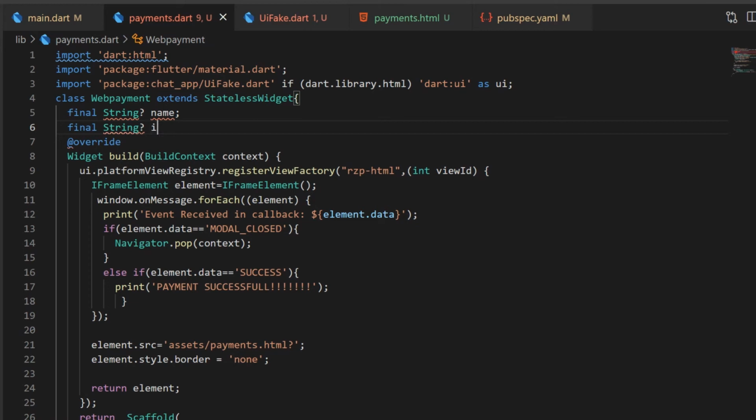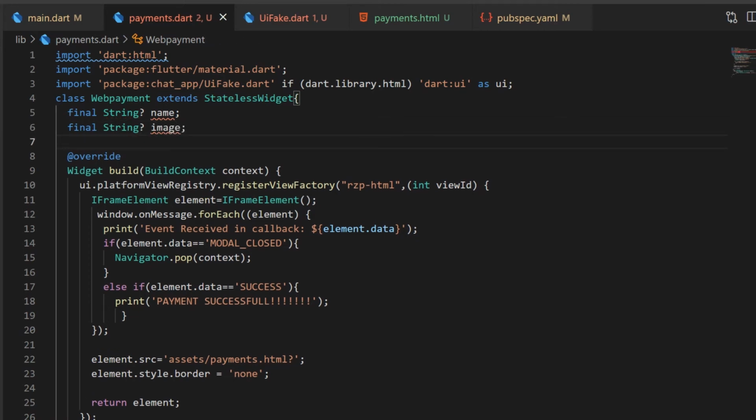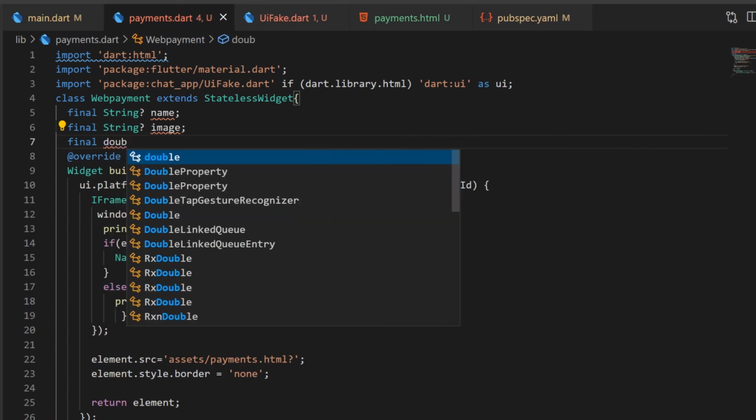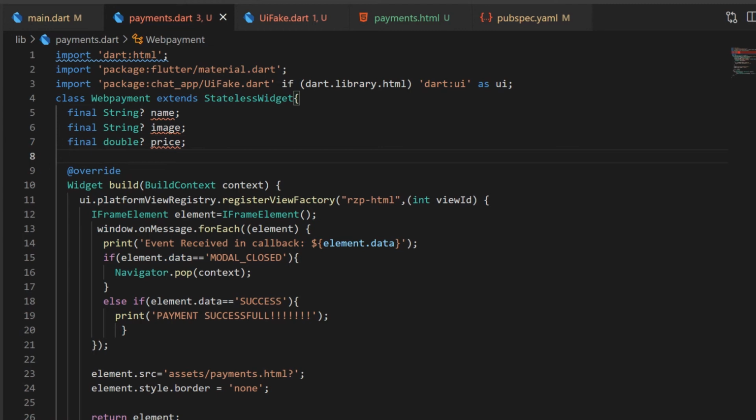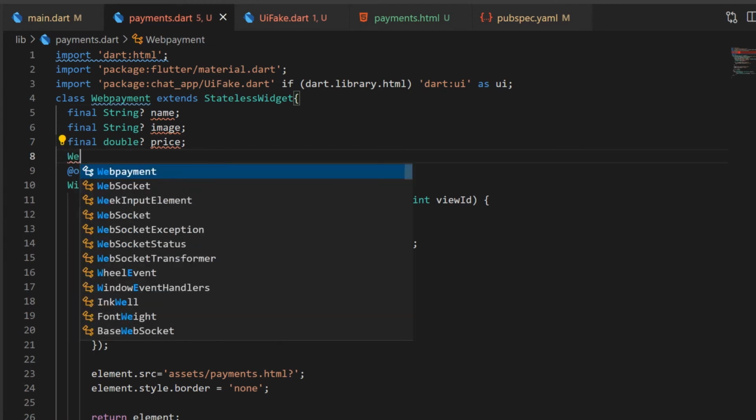If you want that image, then image, then final, that's a double or int variable. We will change it to a double variable. That's image, and this is the price. Okay, this is the price. Actually we are creating some constructors to get all those things. That is web payment.